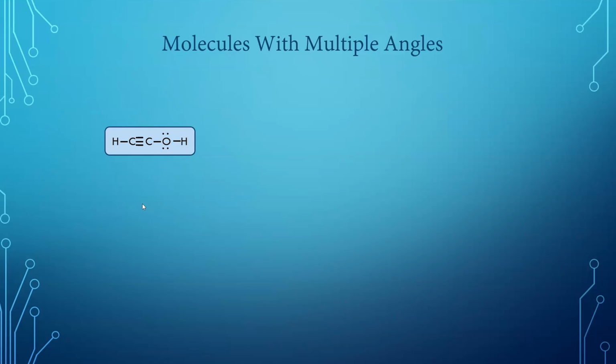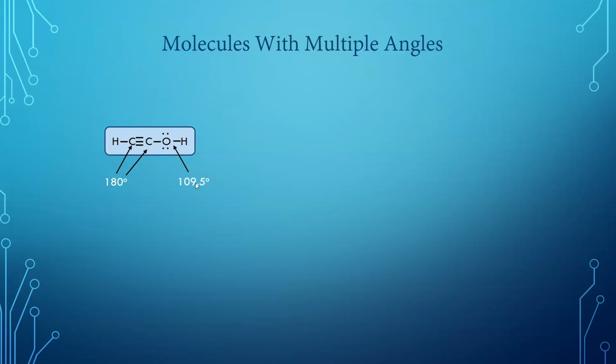In this particular molecule, we have 3 atoms in the interior, and each of those atoms will have their own angle. This carbon, for example, is attached to 2 groups. It has a 180-degree angle. The other carbon is also attached to 2 groups. It also has a 180-degree angle. The oxygen is attached to 4 groups, so it will have a